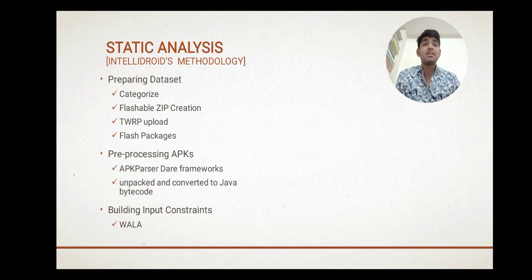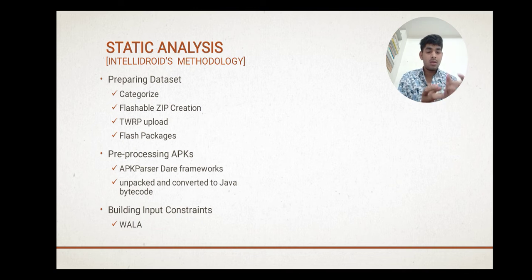Static analysis for IntelDroid methodology. First, preparing the dataset. How to prepare the dataset? First we have to categorize all the applications, like social app, transportation app, education app. Then flashable zip creation. Flashable zip creation means we have to flash a ROM on Android.